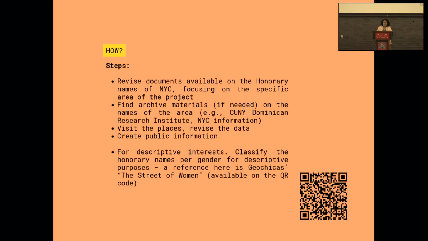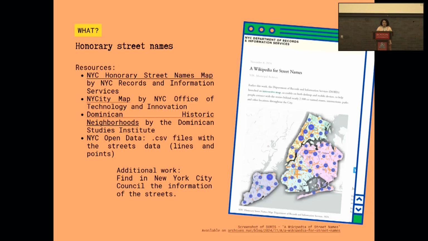And the other important things are to visit the place and revise the data vis-a-vis the places, and create public information like in the Wikipedia page I showed you. And as I said, I also want to do the descriptive part of seeing the gender topic on the streets. So what I'm working with are these streets that I already described, and these are resources I found,